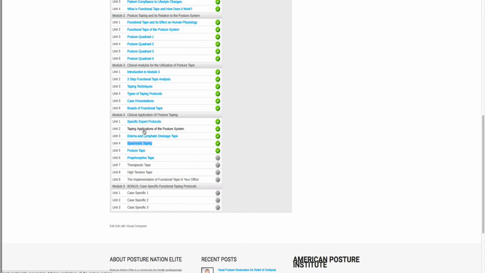What type of tape? What type of tension? In what direction, origin to insertion, do you apply? And where do you apply it? So in each of these taping techniques, we go through all 4 posture quadrants, and we demonstrate each taping technique